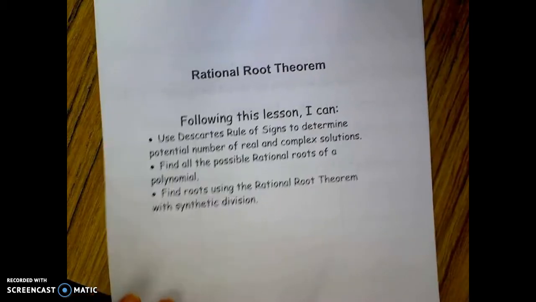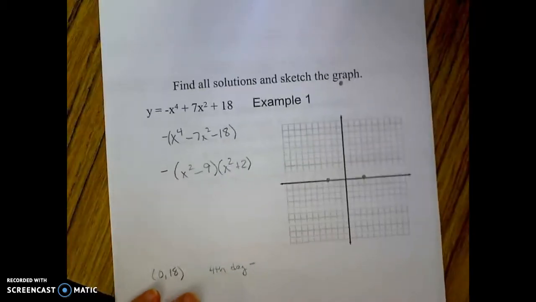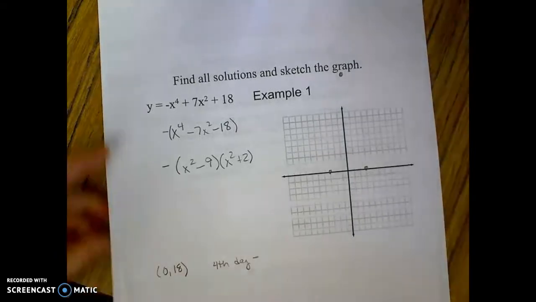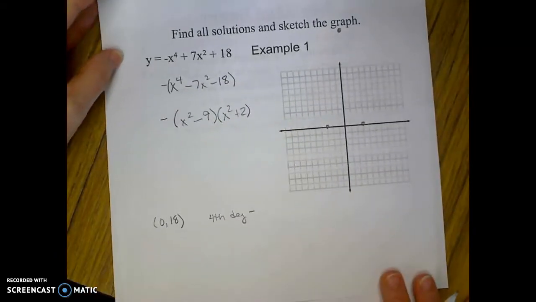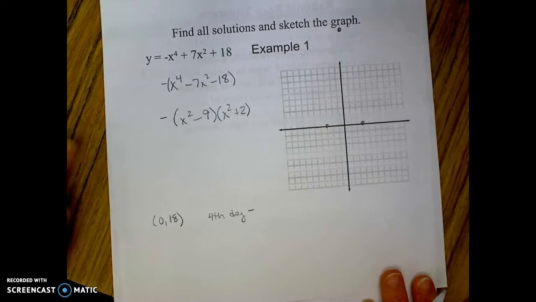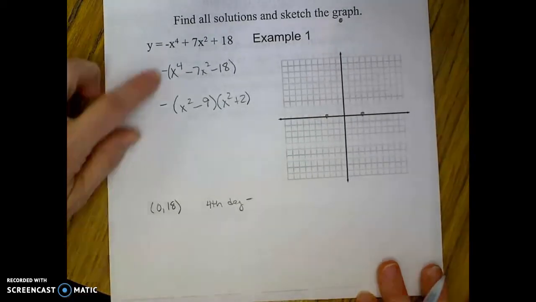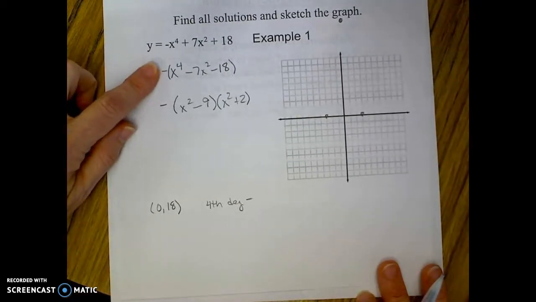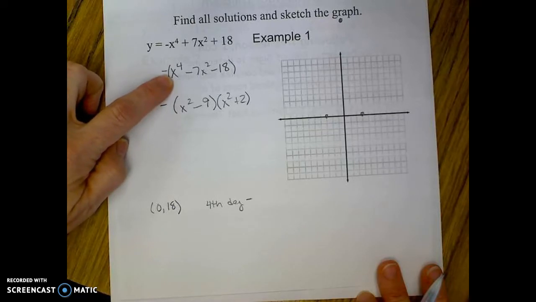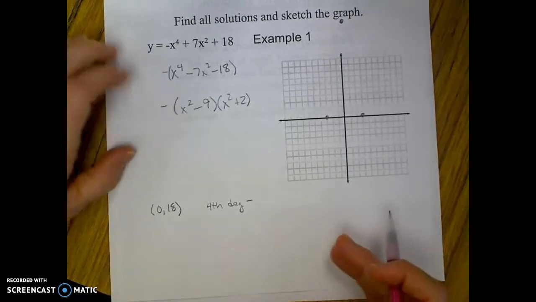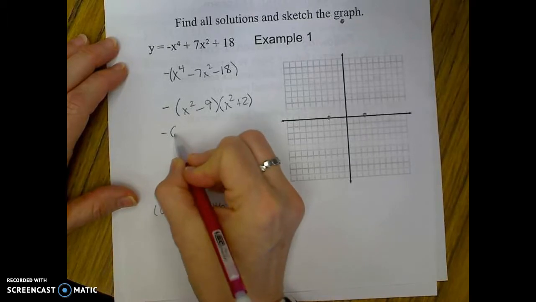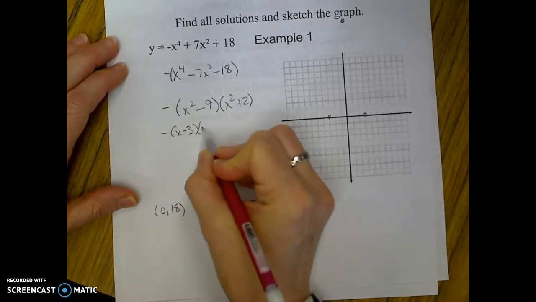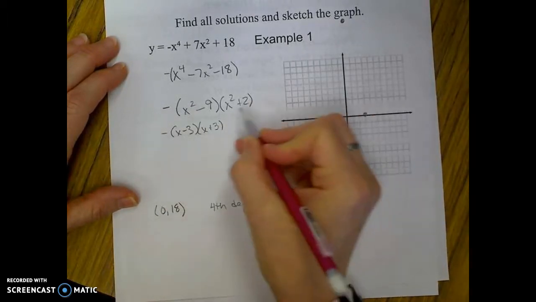If you look through your rational root notes, example 1 is a problem just like we've been doing. It's something that you can factor, so I've already done that for us. I factored out a negative, and then that trinomial actually factored with trial and error. And I can finish this up. That'll be x minus 3, x plus 3. And I know